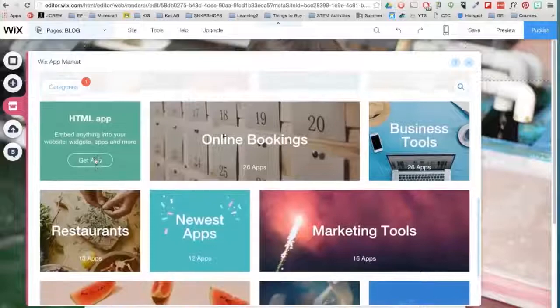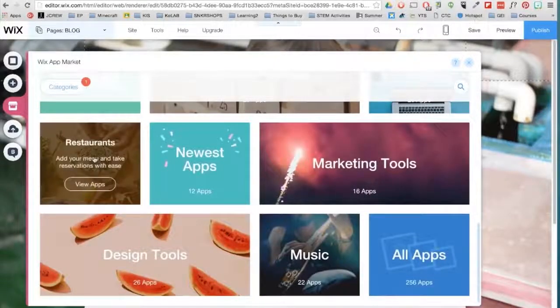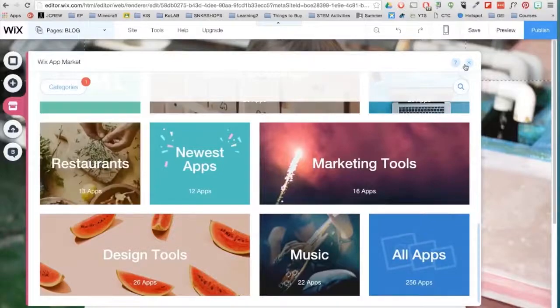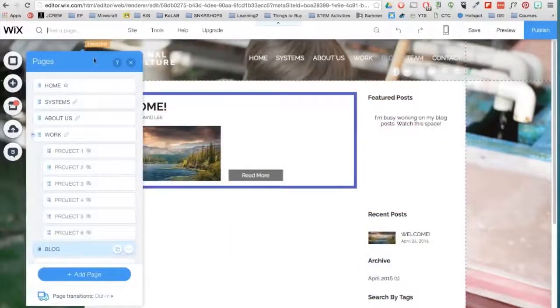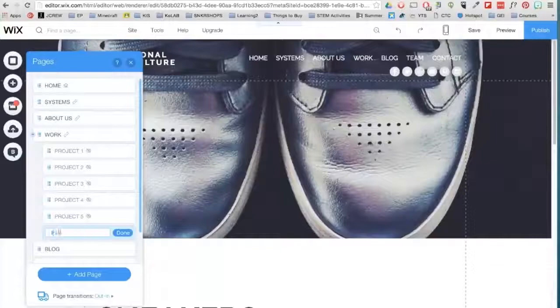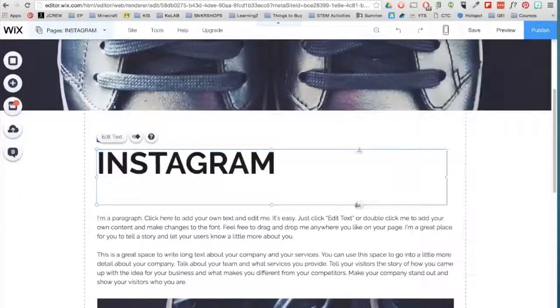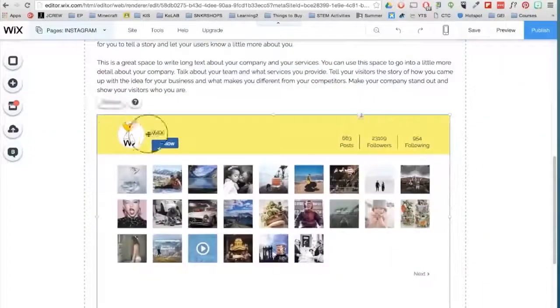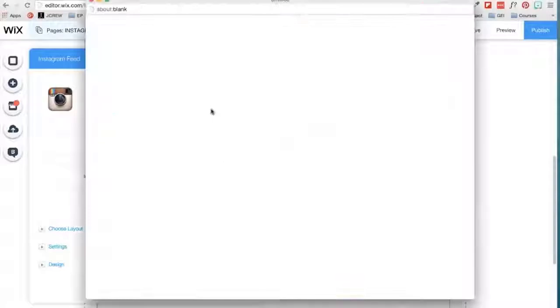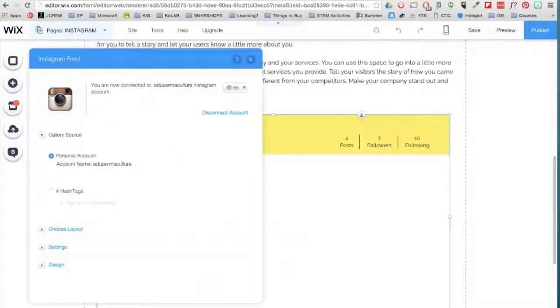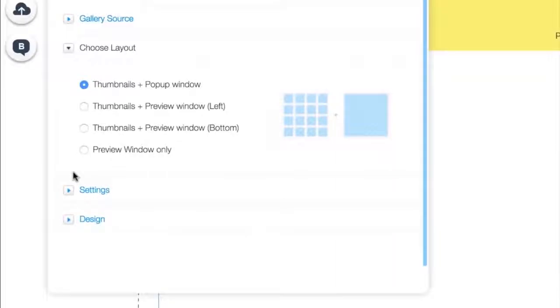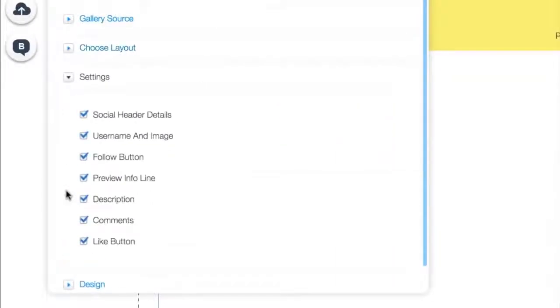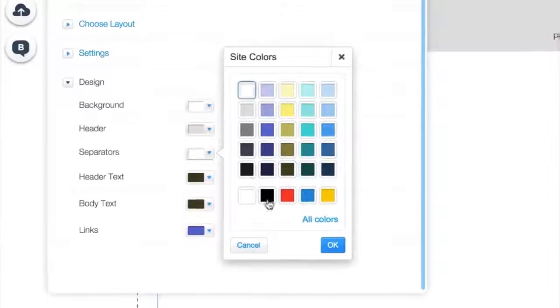First, I will need to decide which page I want to place that on. So I think I will place it under the work page. The sound I hear indicates that you can see the page on the top menu. So okay, now I am ready to add my Instagram app. Click on Social and find the app and then click on Settings. Then connect your account and type in your username and password. In settings, you can change the layout, additional settings, and design. Every time you upload a picture on Instagram, it will automatically appear here.